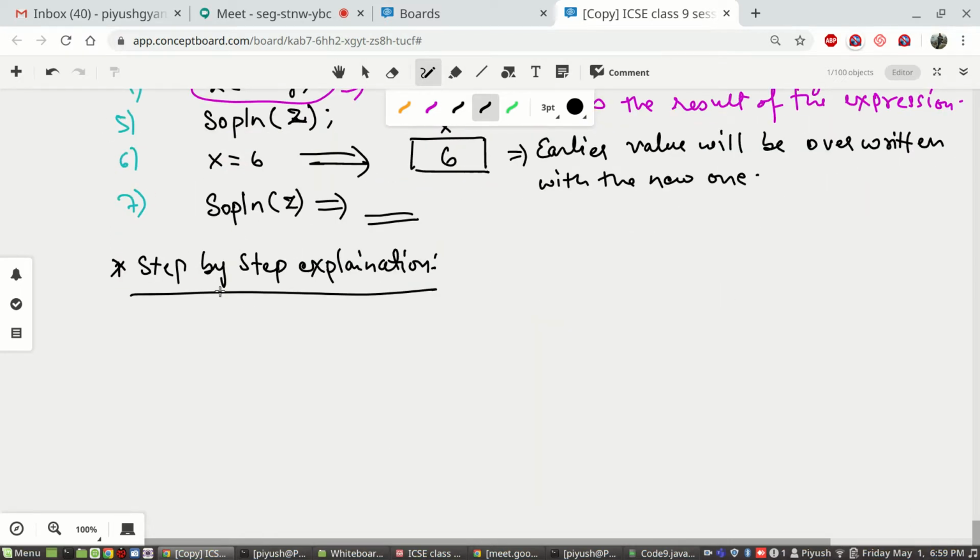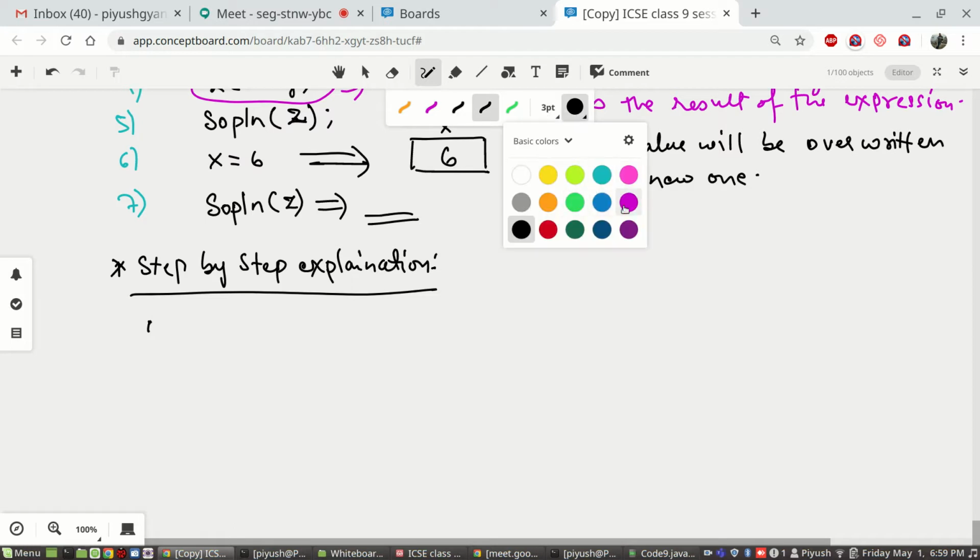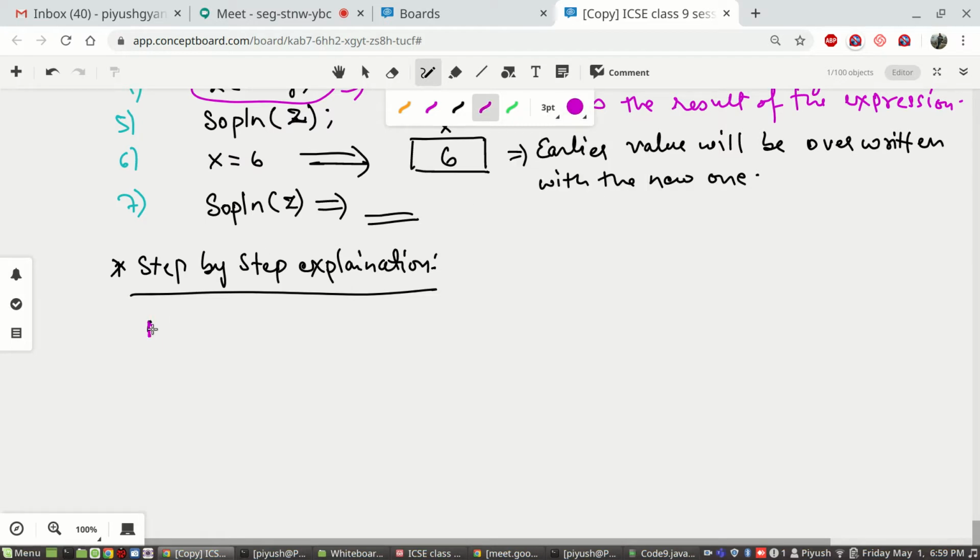The first line will result in the creation, or reserving, of 3 memory locations named x, y and z, and we have promised we are going to store integers in all.